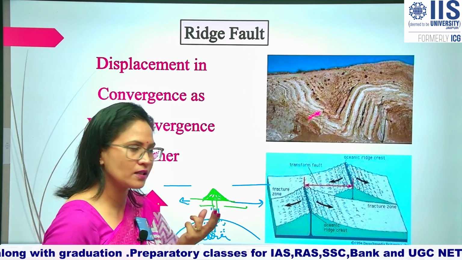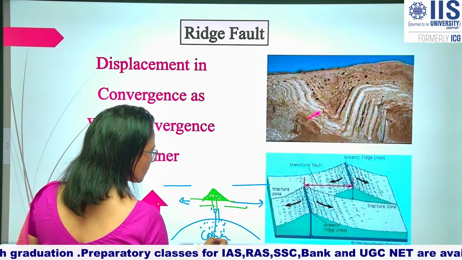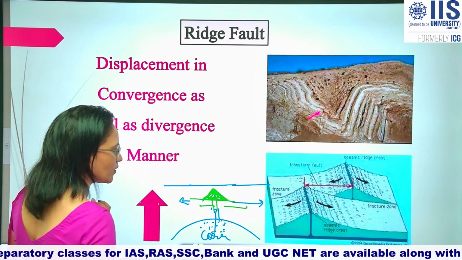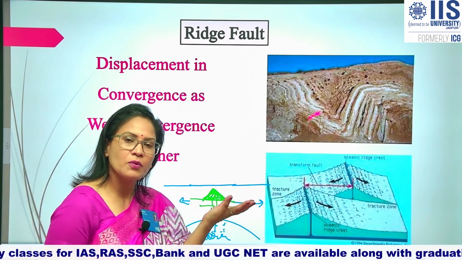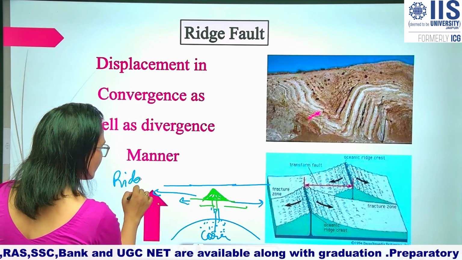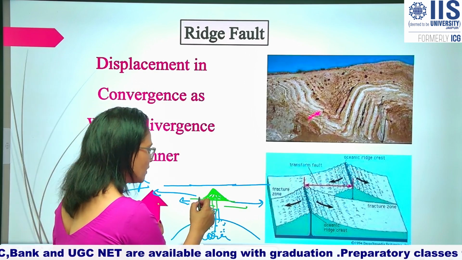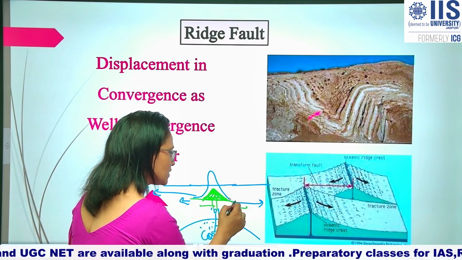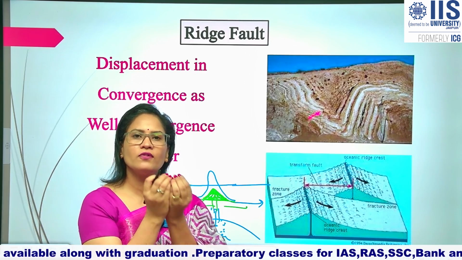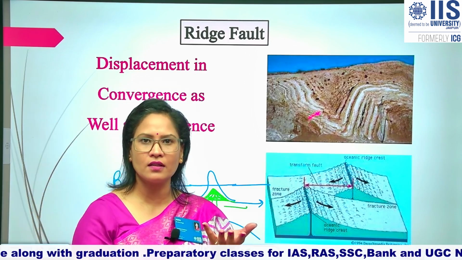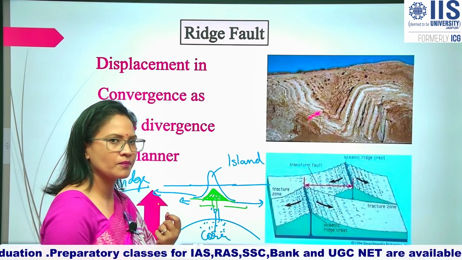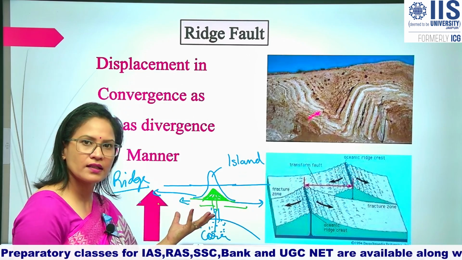the form of a ridge, but the oceanic surface is here. This is the sea level. It is under the sea level. Because of this, it is known as a ridge, right? Sometimes it comes out of the sea level, and we see some kind of landform, some kind of landmass emerging from the sea level. Then it will be known as an island. Is it clear? What is a ridge and what is an island?